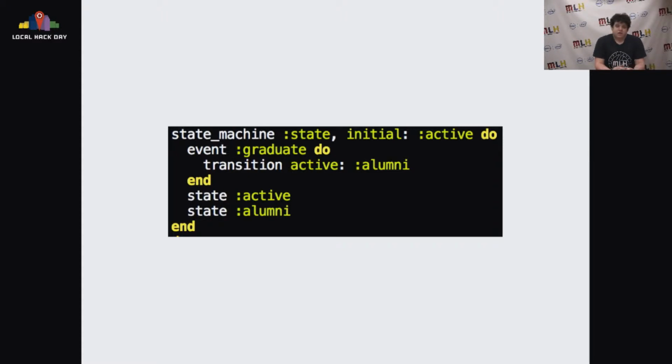So just reading this, having no context on Ruby or Rails or anything, we can assume that it's talking about some object. So some object has multiple states that are initially set to active. There are two of these states, the initial active state, and these objects can also be alumni. So let's say that these are students of a university. These students, when they graduate, transition from an active status to an alumni status. And all of this is written in plain English in Ruby and in Rails applications, and it's fairly legible even if you have absolutely no context.